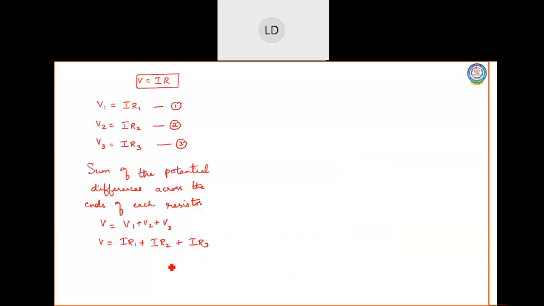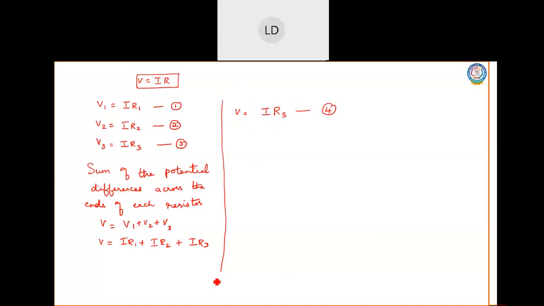So in that case, I will have the effective combination. The potential difference will be V is equal to I into Rs. Now Rs is nothing but the effective resistance when I combine all the three resistors. All the three resistors combined together will give the total resistance Rs, and the potential for that is given as V is equal to I into Rs. Now this is my fourth equation.